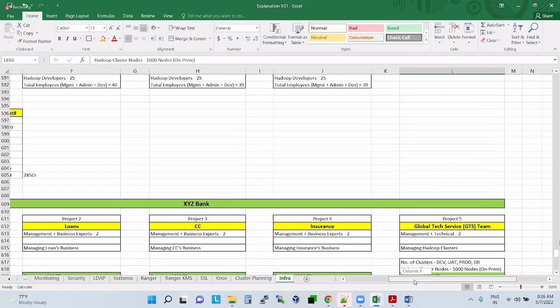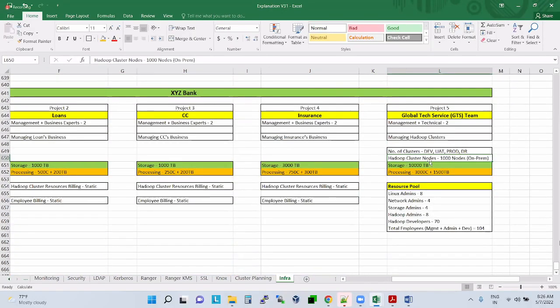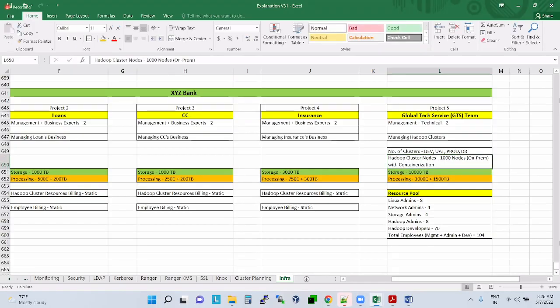Have you seen this one? So containerization, 1,000 nodes on top of this one. On-premises, here containerization.